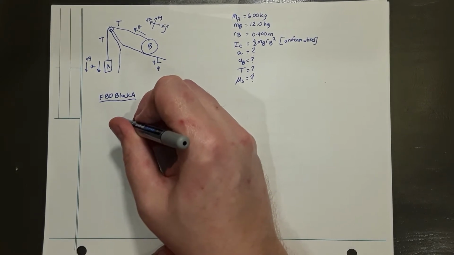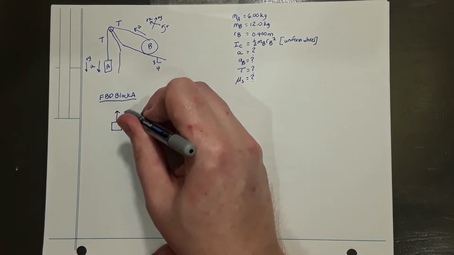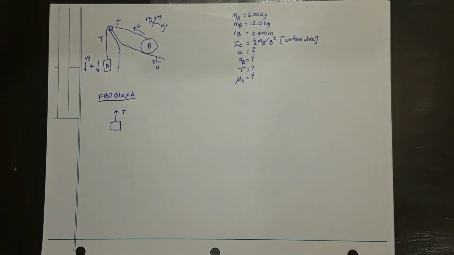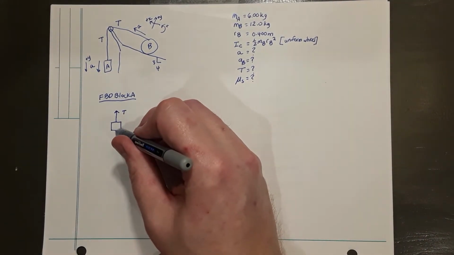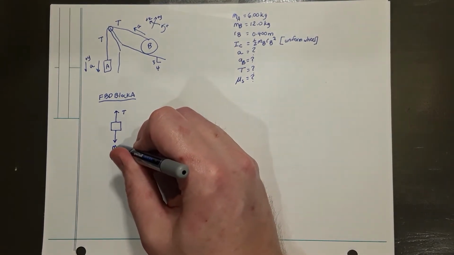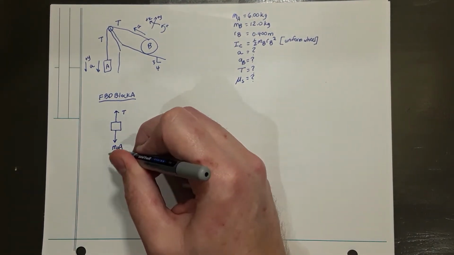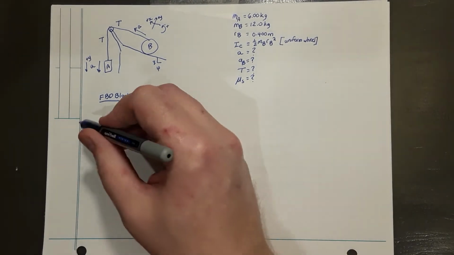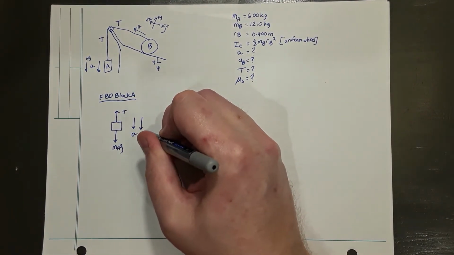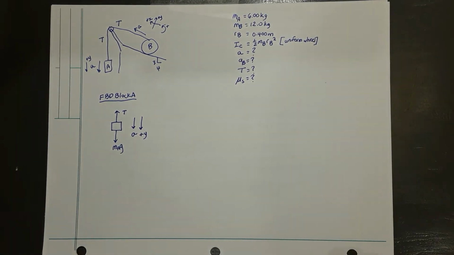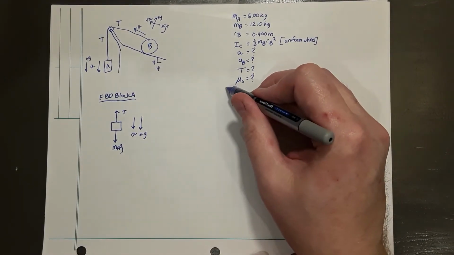Block A only has one thing in physical contact with it, the cable, which can only pull upward, and then it's going to have its weight, force due to gravity, mAg, acting down. If the acceleration is down and the positive y direction is down,